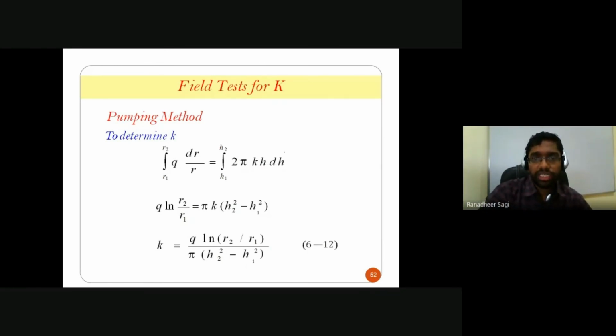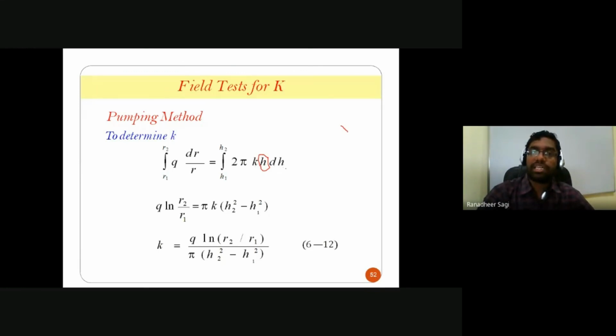Everything is the same, but earlier, in the previous expression, instead of small h you had capital H, where the height of the aquifer was fixed. Confined aquifer, it was a fixed value. But in the case of the unconfined aquifer, the height of the strata allowing the water to seep into the borehole is not constant because it changes with time. So here h is also a variable, and 2 is constant inside this integral on the right side. 2 is constant, pi is constant, k is constant, but what is variable here is h into dh, which is to be integrated.